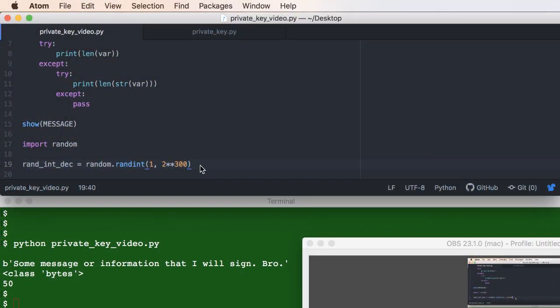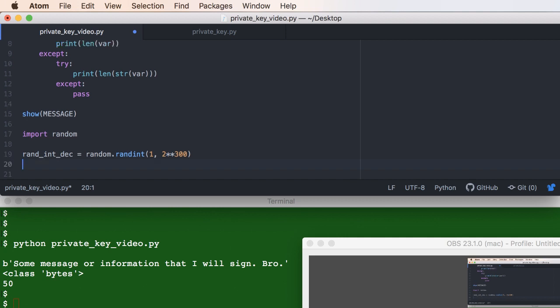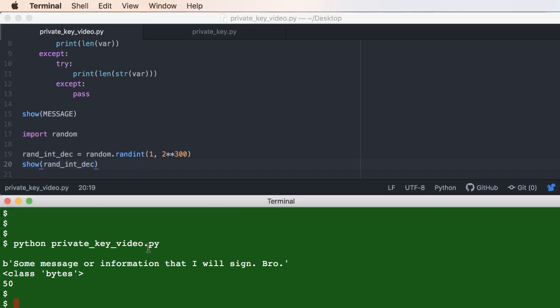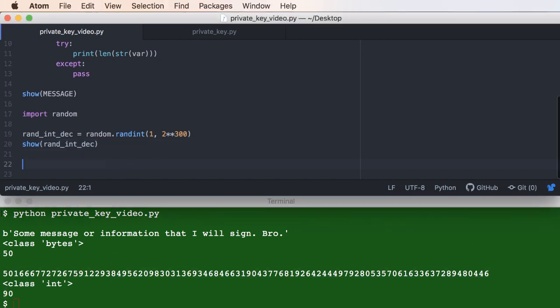So if I generate a random number between this, then I have certainly a range that is already bigger than there are private keys. And one note, whenever I run this script, it will generate a new private key for now. Just be aware of that. So I generate this huge number. This is an integer. It has 90 characters in decimal. If I convert that now to hex,